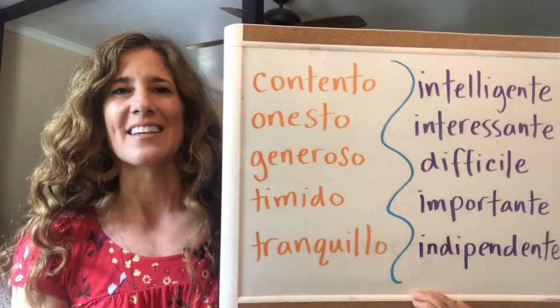So andiamo avanti. So now I'm going to give you some more adjectives that are not cognates, that are not similar words, and I introduced them as pairs of opposites, so you could see what they mean juxtaposed next to each other. And so I want to say here too that most of the time in Italian, the adjective is going to follow the noun, okay, which is not like what we do in English. In English, we say, like the example I gave earlier, the red house. Red is an adjective, colors are adjectives, and that precedes house, which is the noun. Well, in Italian, you would say the house red. Red would go after the noun, okay?